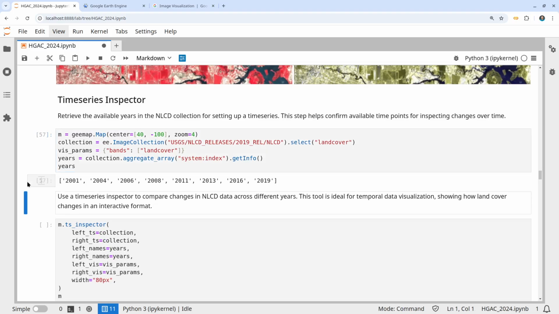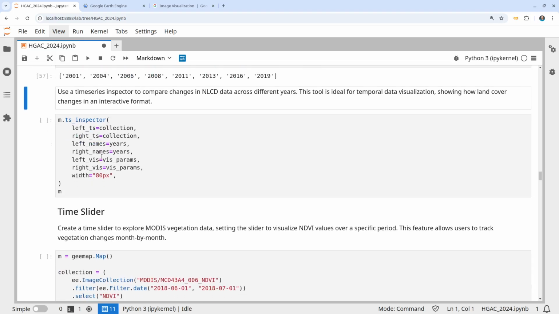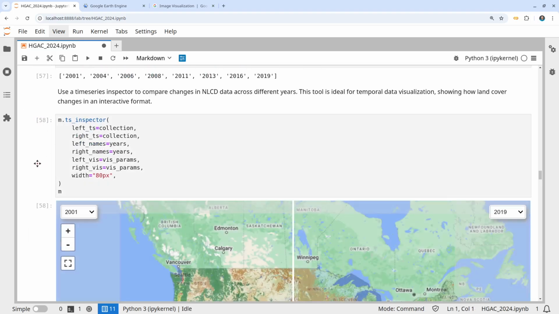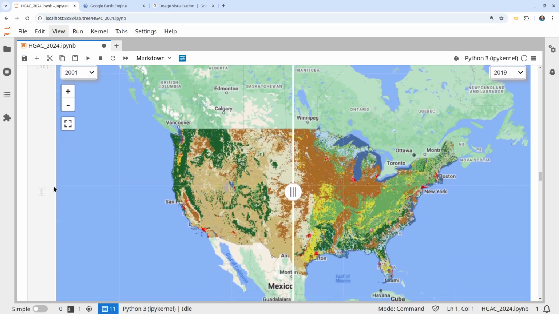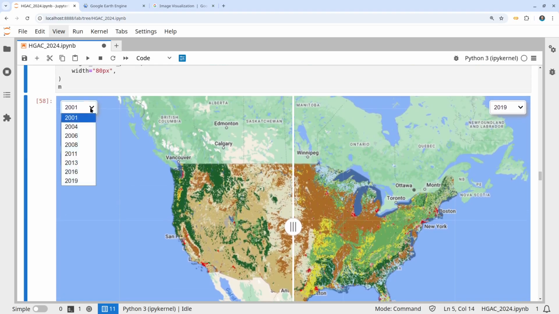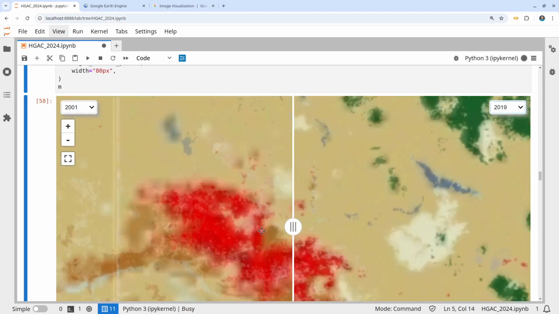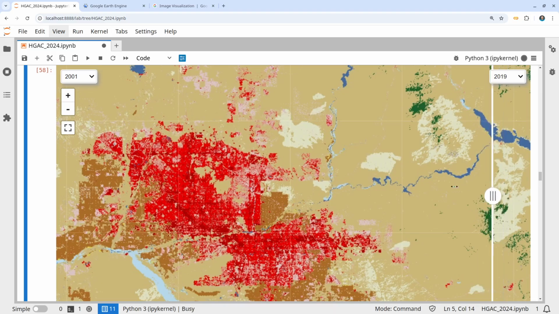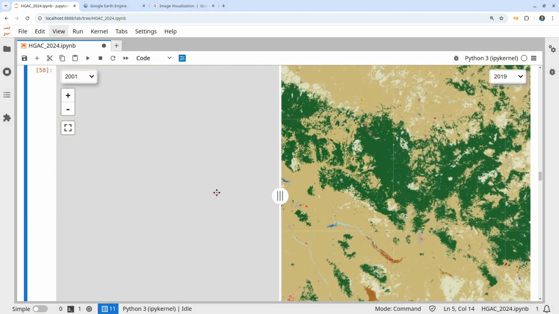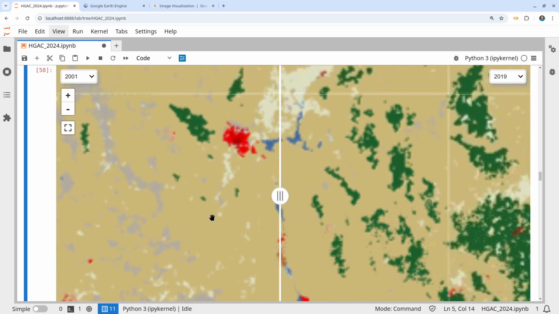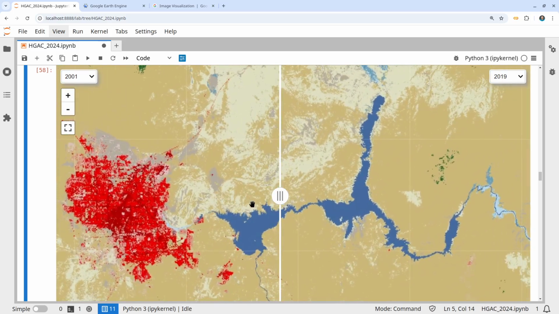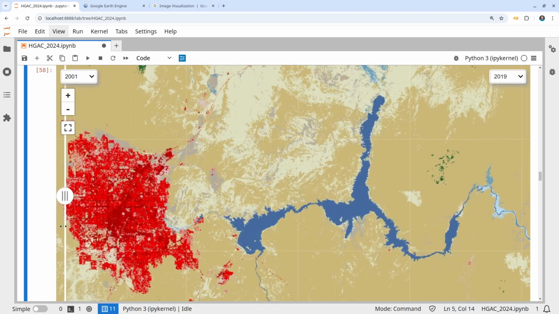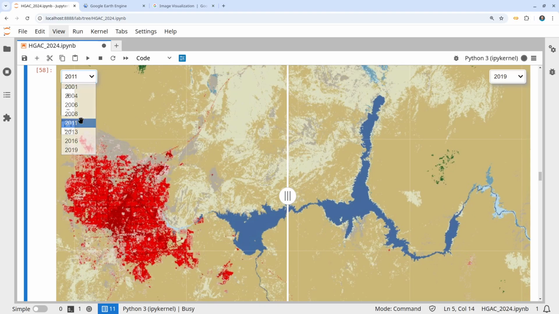Next one, time series inspector. Here, I'm going to quickly run through this one just to show you what it looks like. The time series inspector allows you to create maps with a drop-down list on the left side and another on the right side. Because for the NLCD land cover, right now we have annual land cover. But for this one, you can actually change it to different years. So for example here, from 2001 to, oh, is it Las Vegas? No, this is Illinois. Here, for example, 2001 to 2019, but you can change it to other data layers,